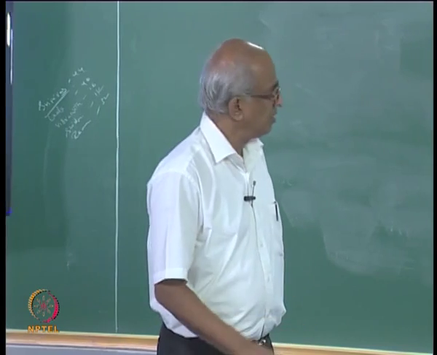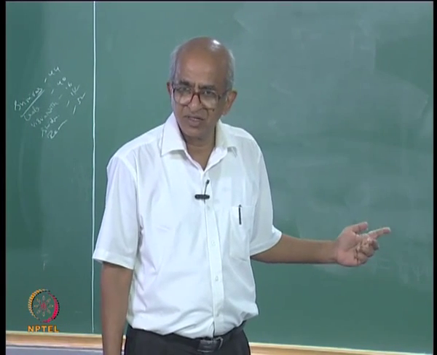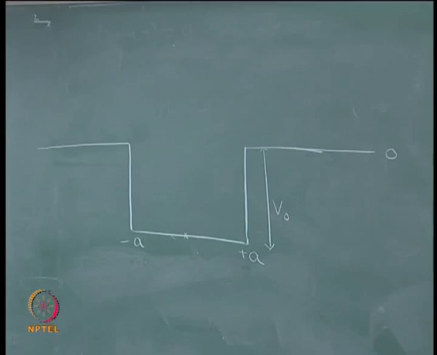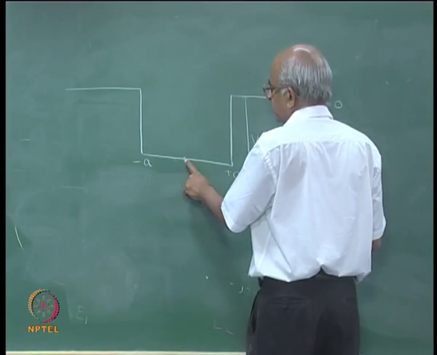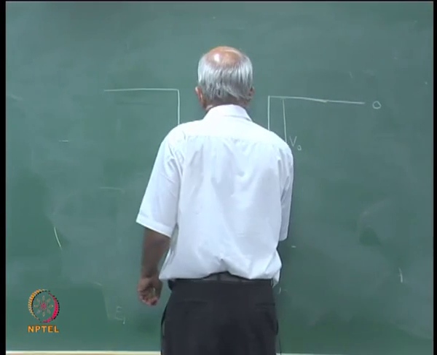Why do I do that? Well, the answer is actually quite simple. I have already told you that if I choose the potential to be symmetric, then I have big advantages. I can classify my wave functions as being symmetric or antisymmetric, and that makes things extremely simple. If you make use of symmetry, then calculations become very easy. I want to use that. That is the reason why I chose the coordinate system such that x equal to 0 is this point.